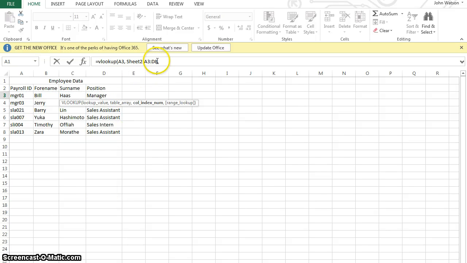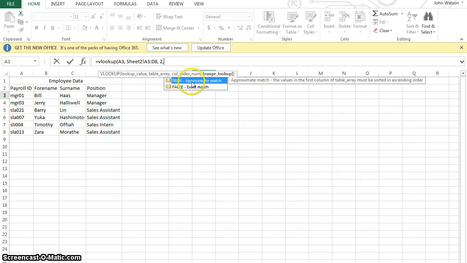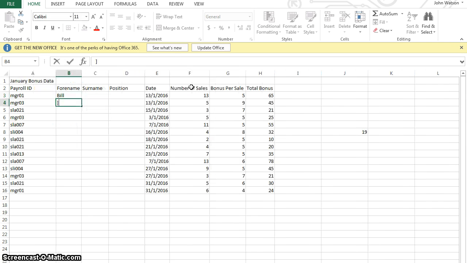The next thing, if we do a comma, we need to input the column index number. Well, in the table, this isn't column 1, this is column 2, this is column 3, and this is column 4. And we're looking for the forename, so this is column number 2. So let's type in a 2, comma, and the final thing it wants is to know if we're looking for an exact match or an approximate match. And I want an exact match. And we'll close that formula and enter. And there we get Bill. Isn't that awesome? Now if we copy that down,